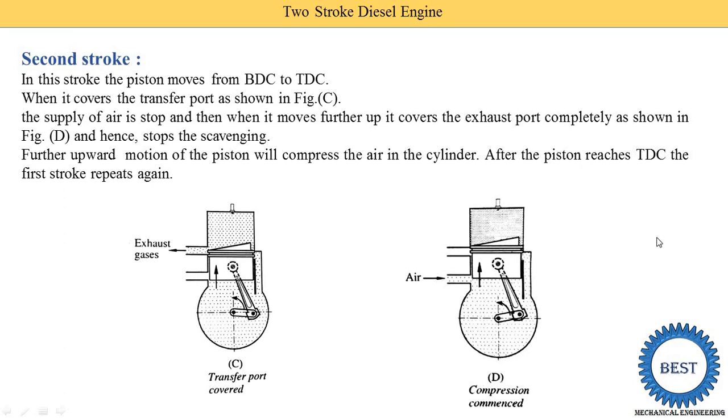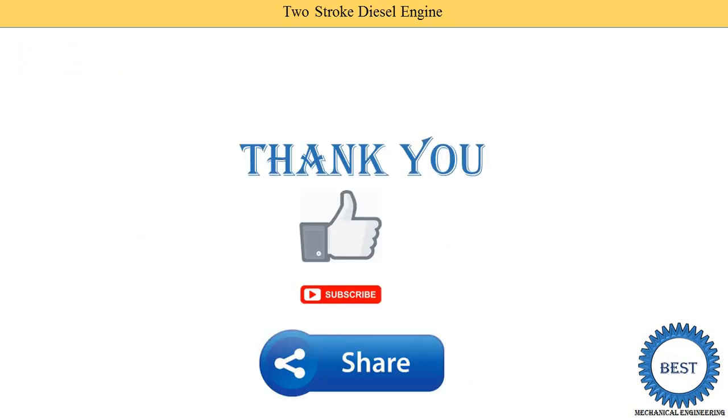So how does the air enter this crankcase? When the piston is moving from bottom dead center to top dead center, the intake port opens and the fresh air from the atmosphere enters into the crankcase. Earlier we already studied how it is transferred to the cylinder through the transfer ports. This way a continuous cycle is run by using these different processes.